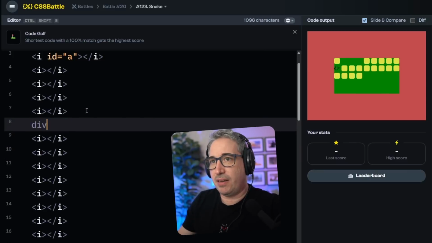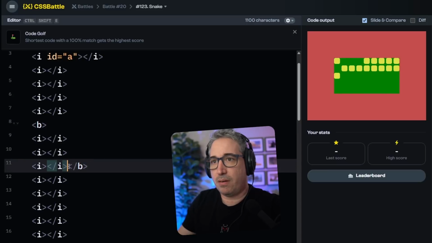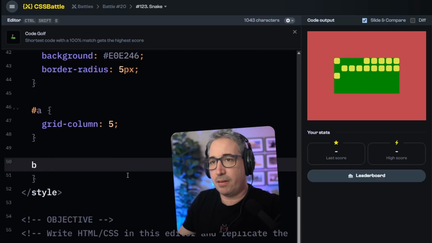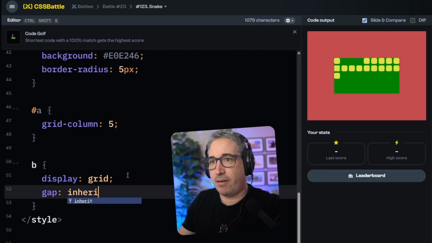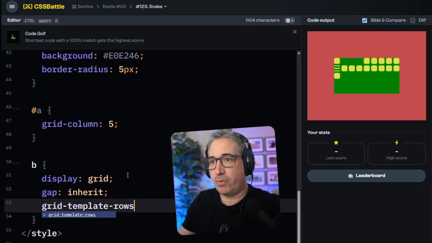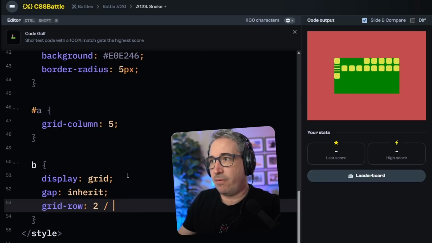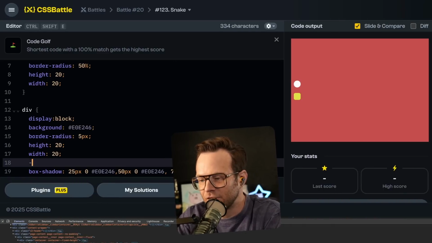Let's do a div. It can be anything. Let's do a B. 1, 2, 3. That's my middle ones that are going to run down the side. B is going to be a display grid, gap inherit, grid template rows... I don't like this, but, or no, wait, what if I just did that and then I say grid row of 2/4, 5. Somebody suggested this to us in one of the comments, and I've never used this property, which is